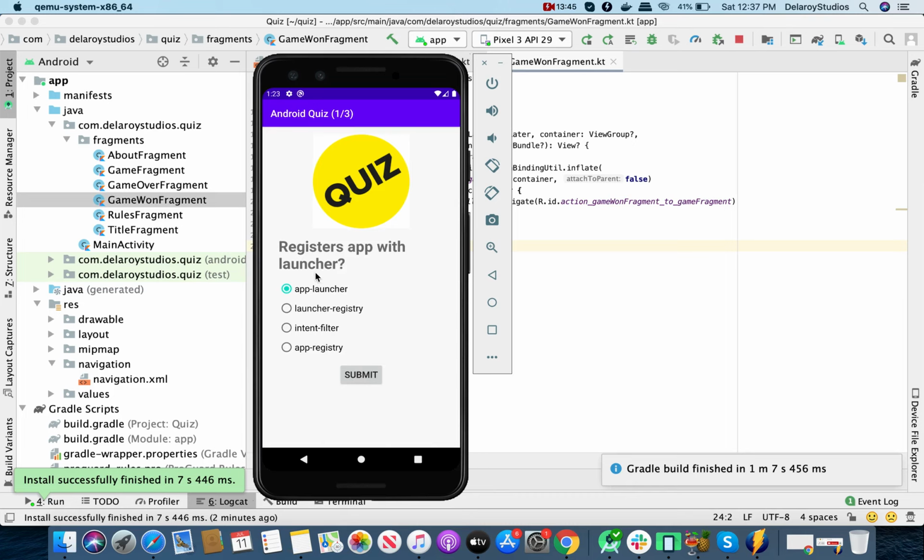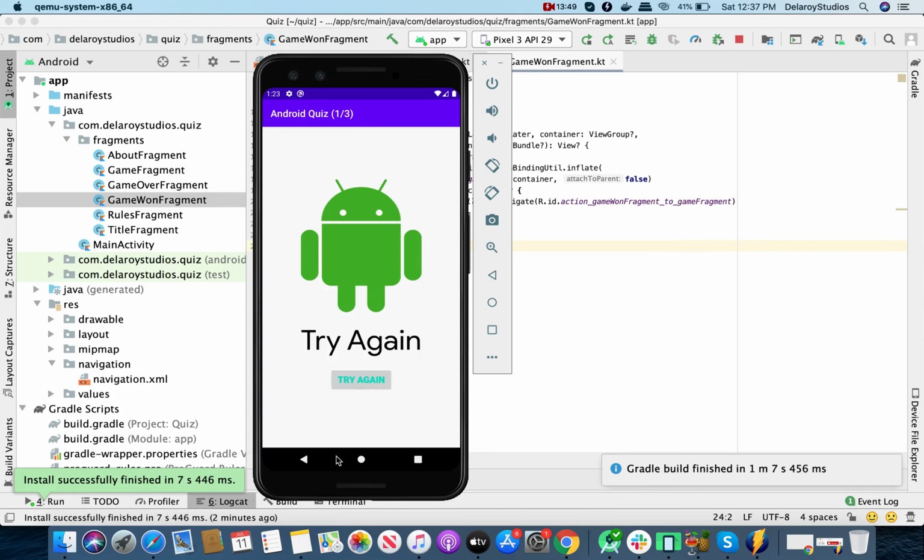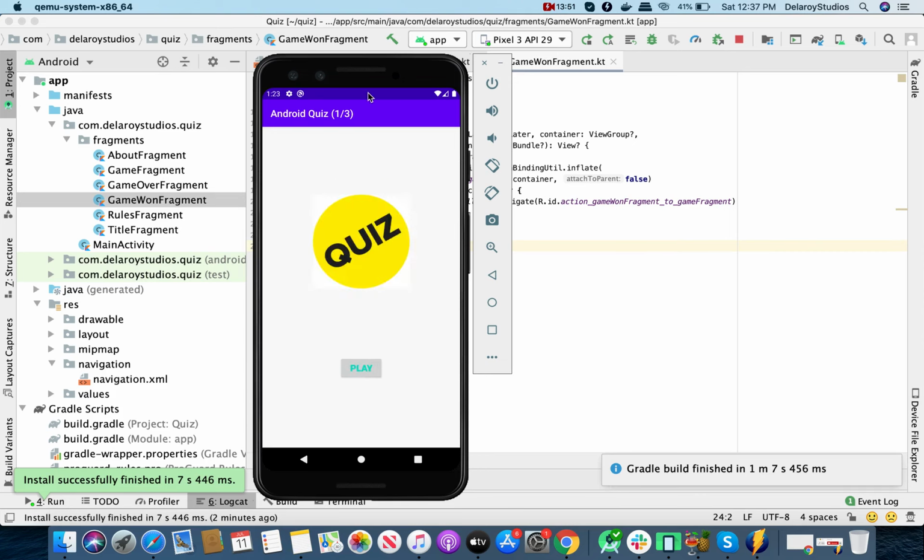Register app with the app launcher. Let me pick a wrong answer. Let me do a back button. All right, see the back button. The back button takes you back to the play quiz. So we are actually handling the backstack here. The same thing with the buttons, which we actually handled. If you notice, we handled the button to take us back to the game fragments. But now the backstack,